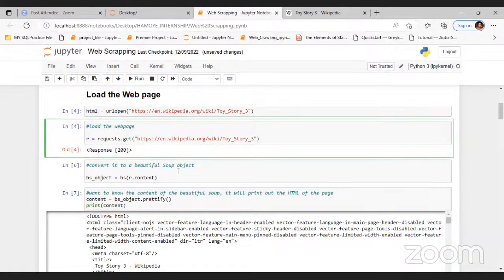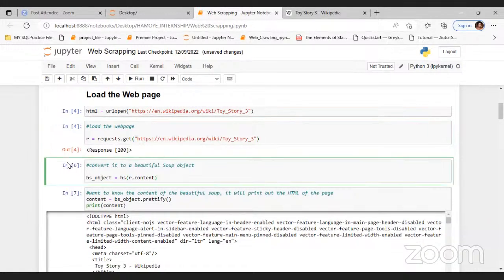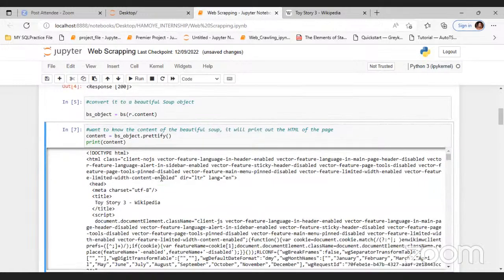So move further. At this point, I'm going to use Beautiful Soup to know the content of this HTML document. So I named the Beautiful Soup object bs equals BS open bracket r dot content. Okay, so I'm trying to know the content. Beautiful Soup, like I told you, creates it in a parser tree format. So when you run this, then you come and